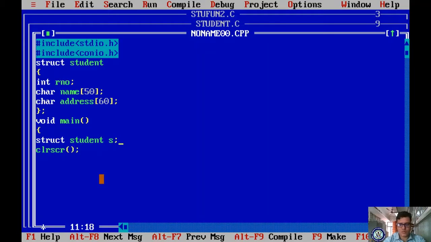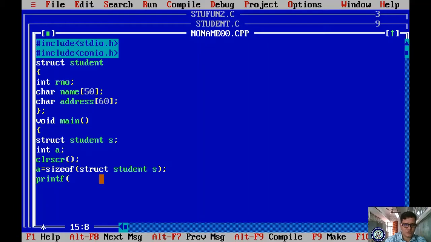And one more variable I'm taking, int a, just for understanding purposes. a is equal to sizeof, what is the name of the structure? struct student s. Now I'm displaying with printf: size of structure is %d, a, and getch.